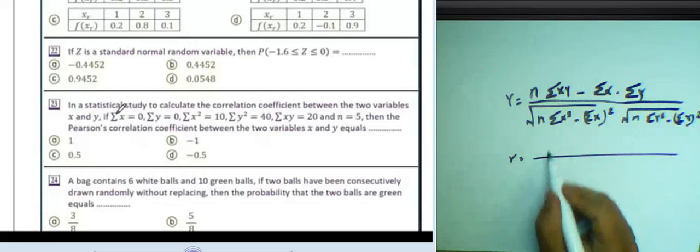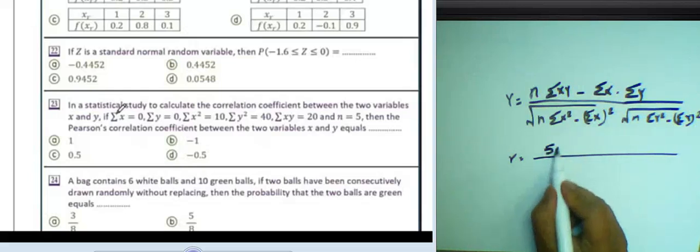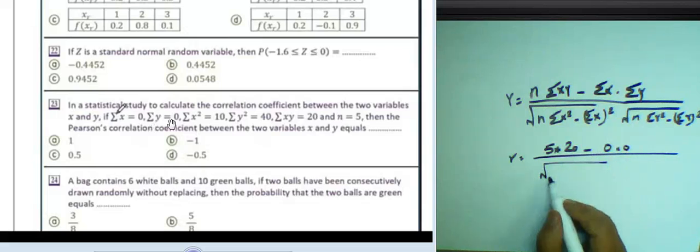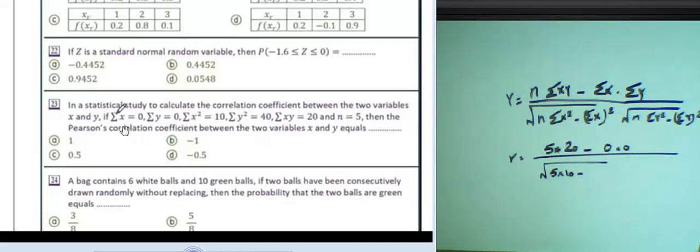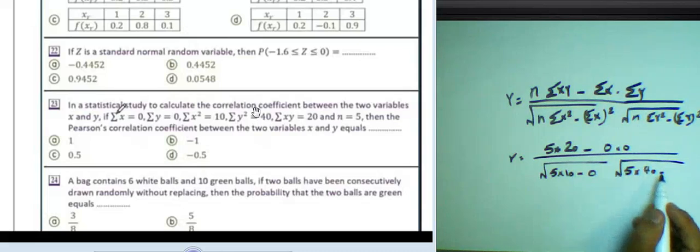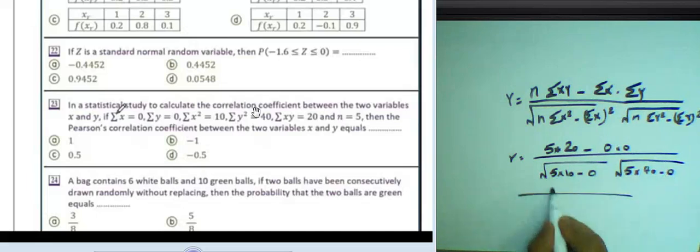Then r will be equal to n, here it was 5, multiplied by the summation of x times y, which is 20, subtract the summation of x times the summation of y, which are 0 and 0, over the square root of n, here 5, multiplied by the summation of x squared, 10, subtract the summation of x all squared, which is 0, multiplied by 5 times the summation of y squared, 40, subtract the summation of y all squared, 0. The result will be 100 over